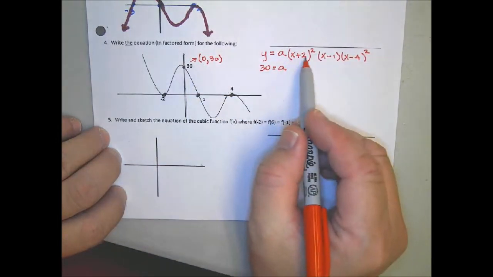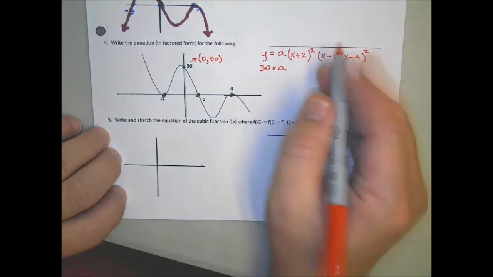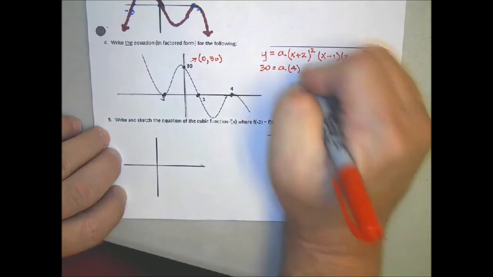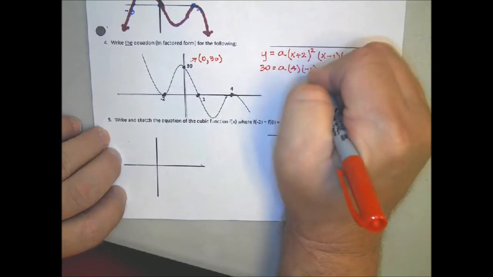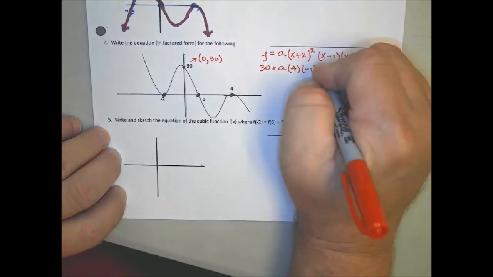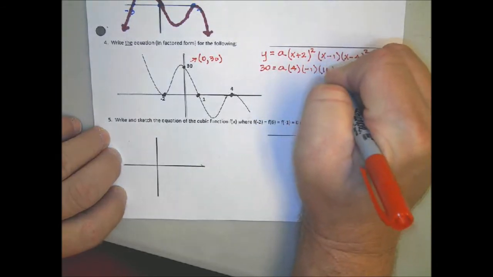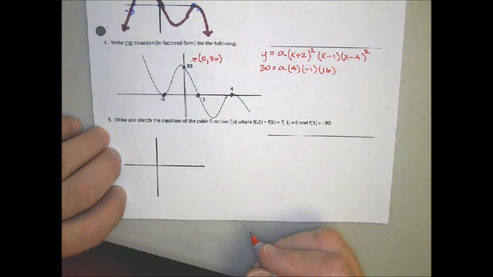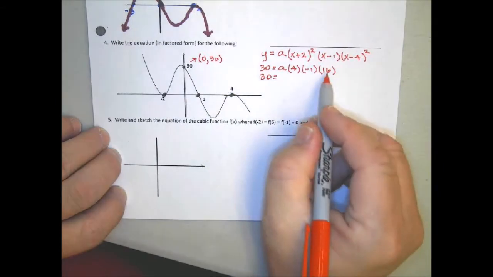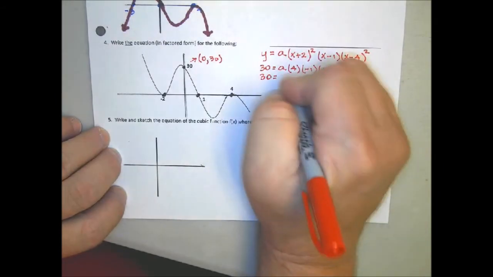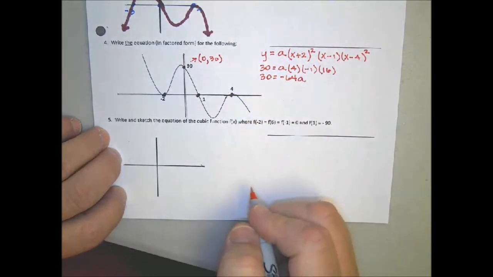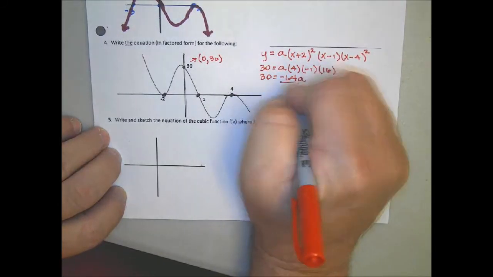So 0 plus 2 squared, 2 squared would be 4. 0 minus 1 would be -1, and 0 minus 4 would be -4, but then we square it, and it becomes +16. So 30 equals -64a. Solve for a,